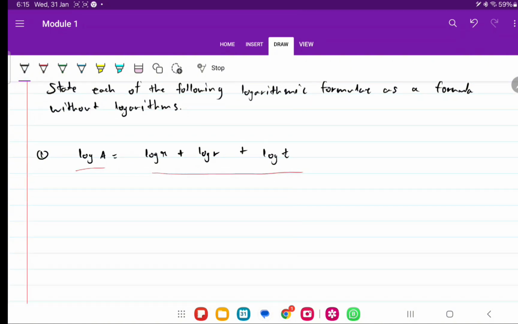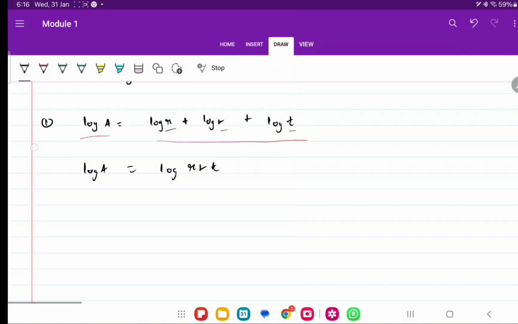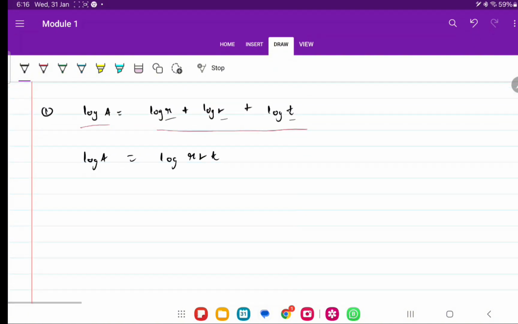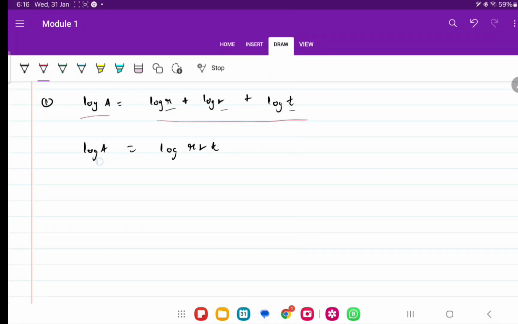Now, on my right-hand side, I have multiple logs. I want to bring them together. So I'm going to essentially use the product law in reverse. So now I'm going to have the log of A is equal to, use my product law in reverse, I'm going to bring everybody here together, right? So I'm going to have the log of pi r t, right? Now, again, it's understood that my base is 10,